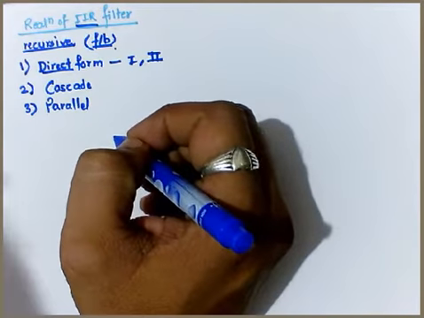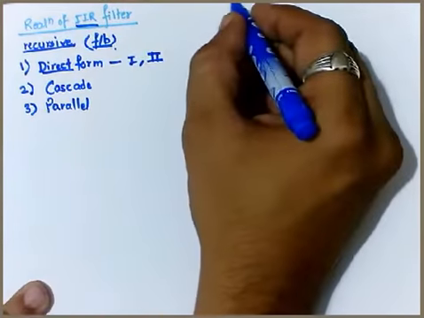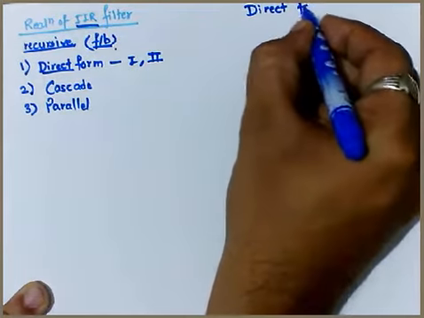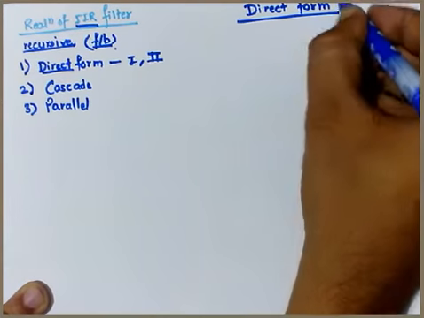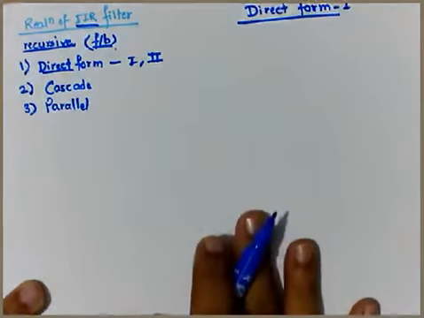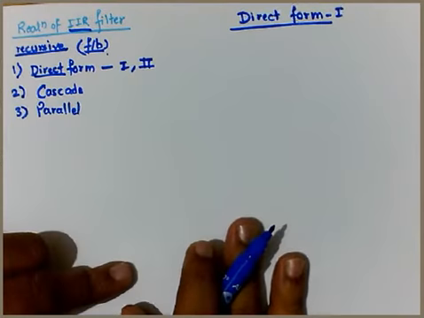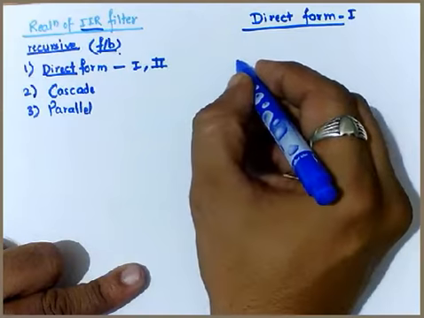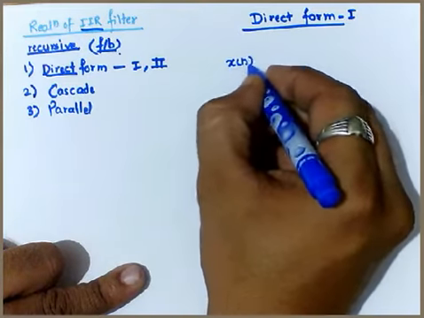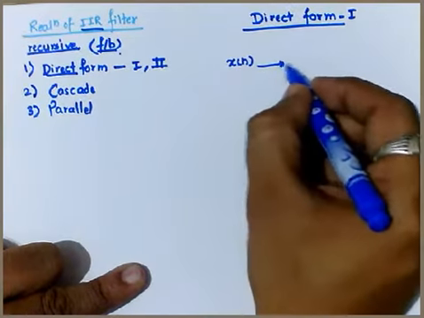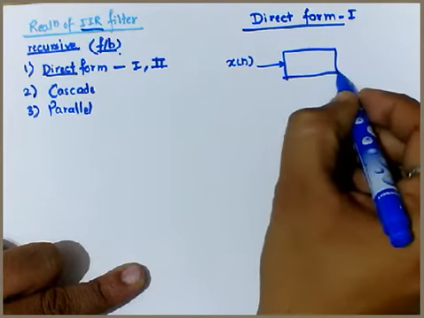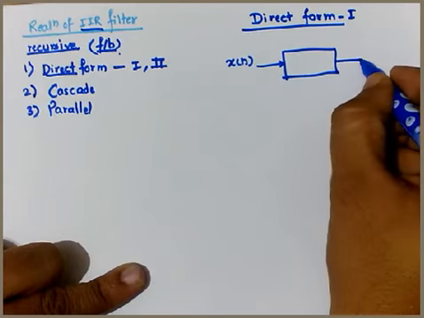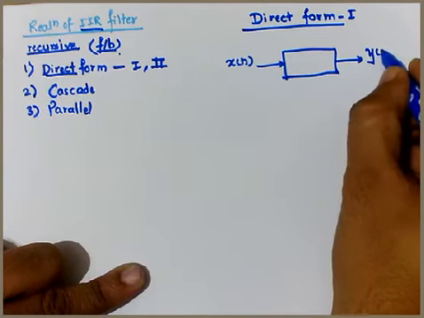So when we go for the direct form 1, let me write here the direct form 1 arrangement, what exactly is done in case of the direct form 1. For this direct form 1, the simple idea is that we need to just write down the equations. Let's say this is one of the filters having the input x of n, with a transfer function h of n. That is the filter's response, and this is the output.